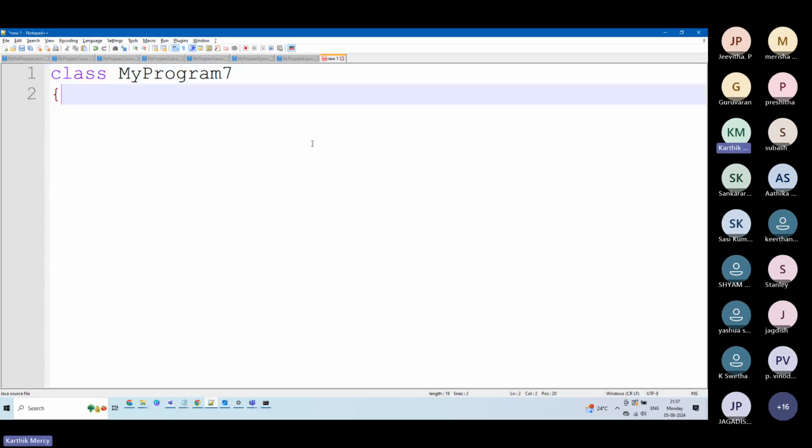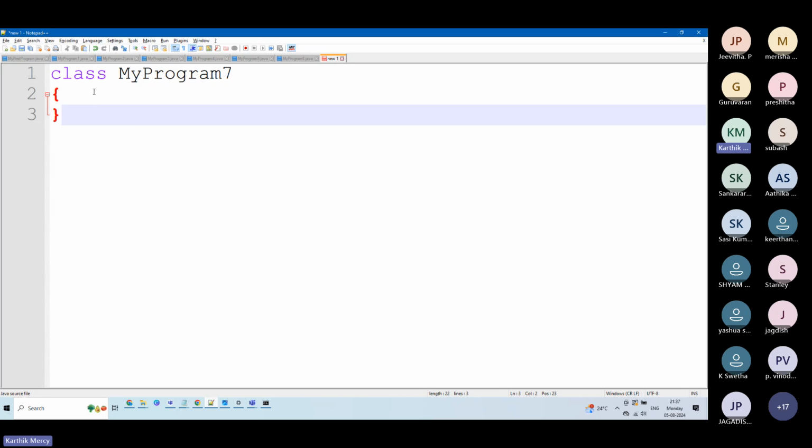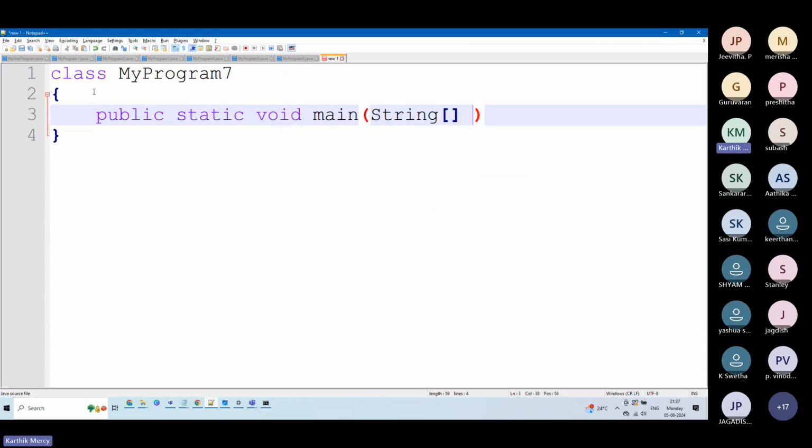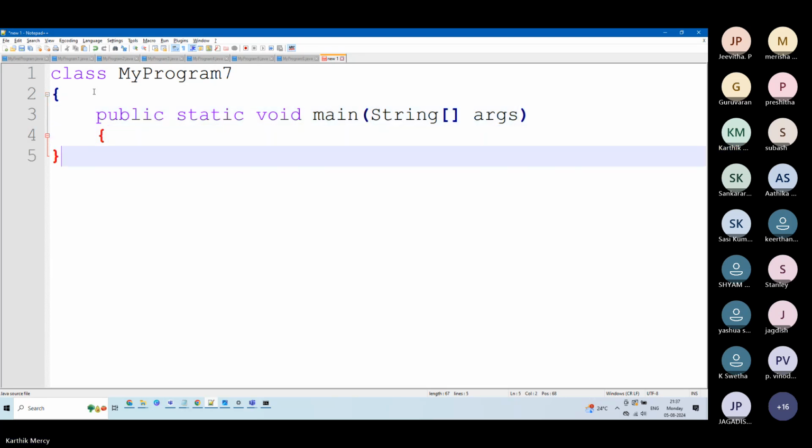So what I do, I open and I close my curly brace. What is the next thing? Let's say public static void main. So again, I'm saying string array of arguments. Okay, so let me quickly go over here. I need to close my bracket that I have already opened. Right. Let's try to print